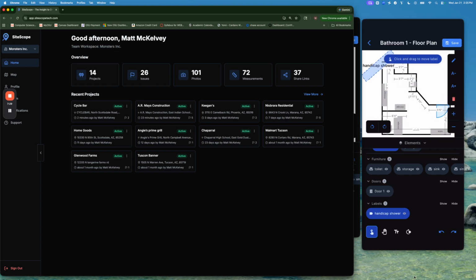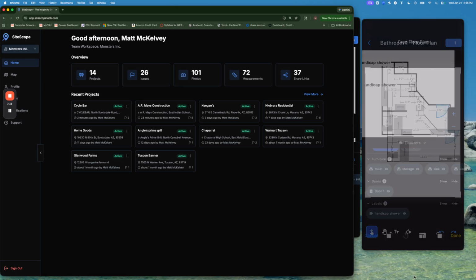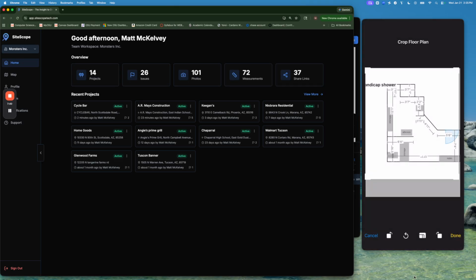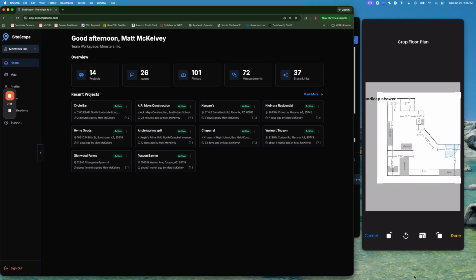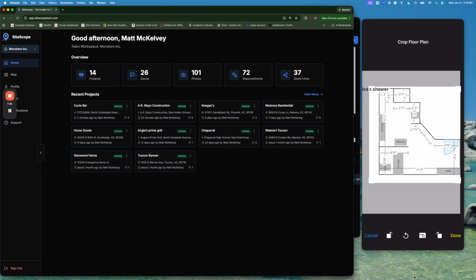I'm going to select that and just throw that up there in the corner. Okay, beautiful. So I can then go ahead and save this, and you can crop this image. So I can pull this down. Maybe I don't want that label. I didn't really do that the best, but I'm going to go ahead and crop this down,